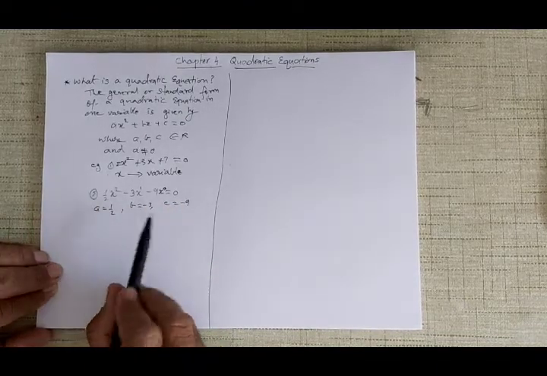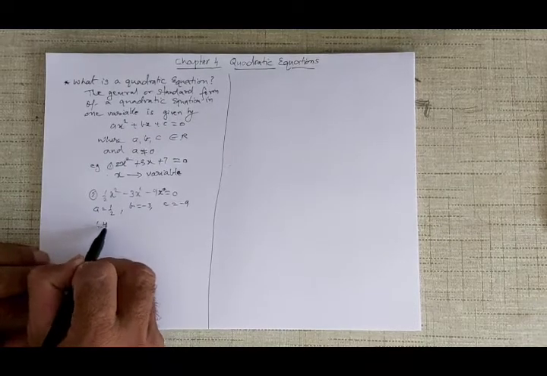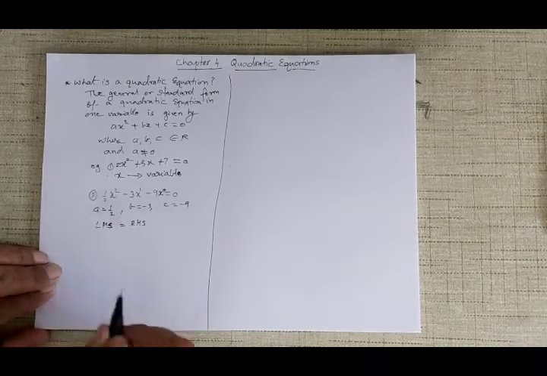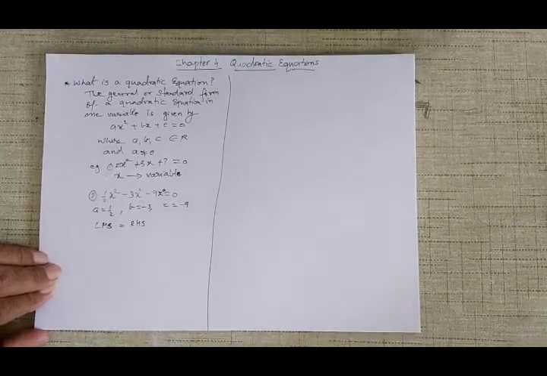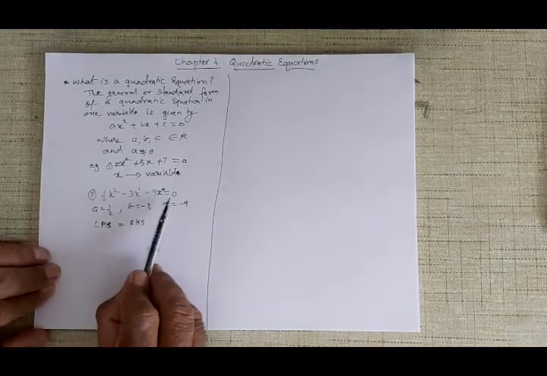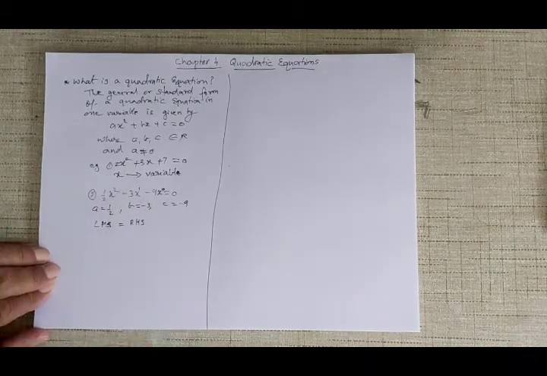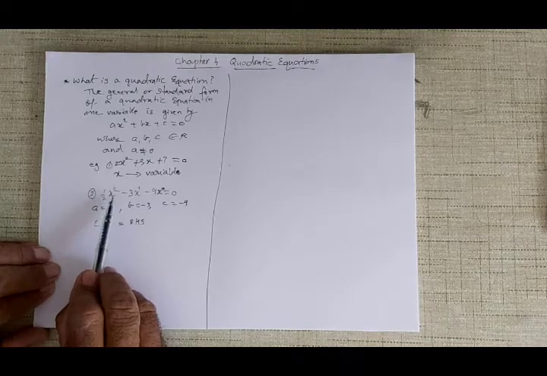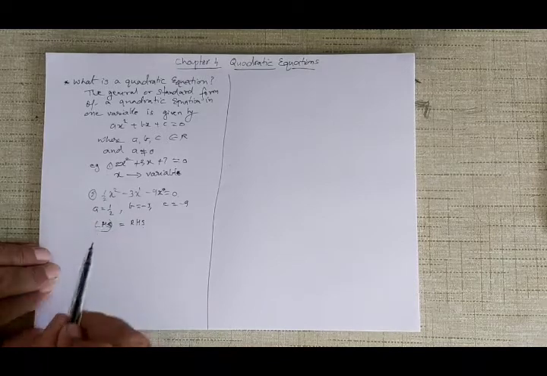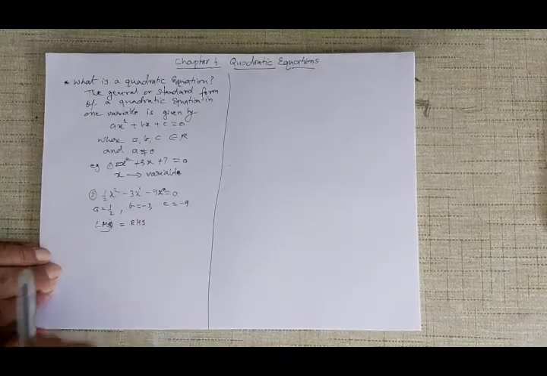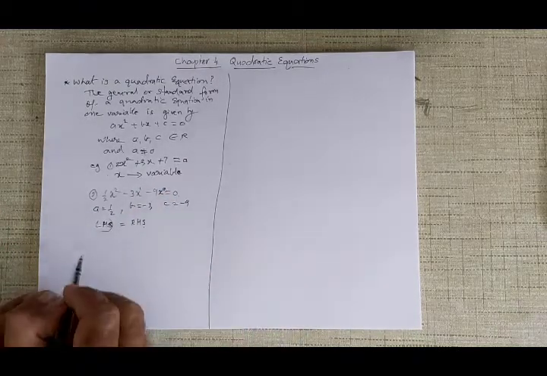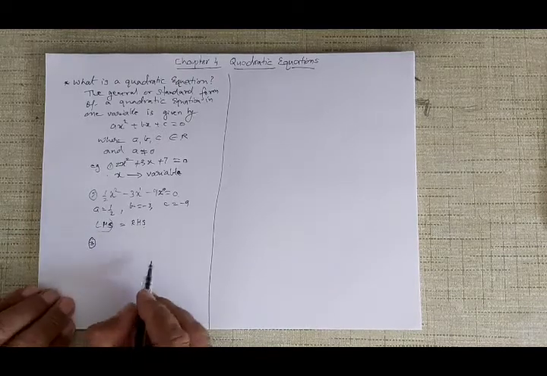Also, it is an equation because there is a left hand side and there is also the right hand side. The left hand side and right hand side will always be equal. In this case, of course, the value of x should be such that you get 0. That means the right hand side is 0, so the left hand side should be such that you get 0. Then left hand side is equal to right hand side. Now this is called a quadratic equation. Remember, in standard form, I'll give you another example of a standard form.